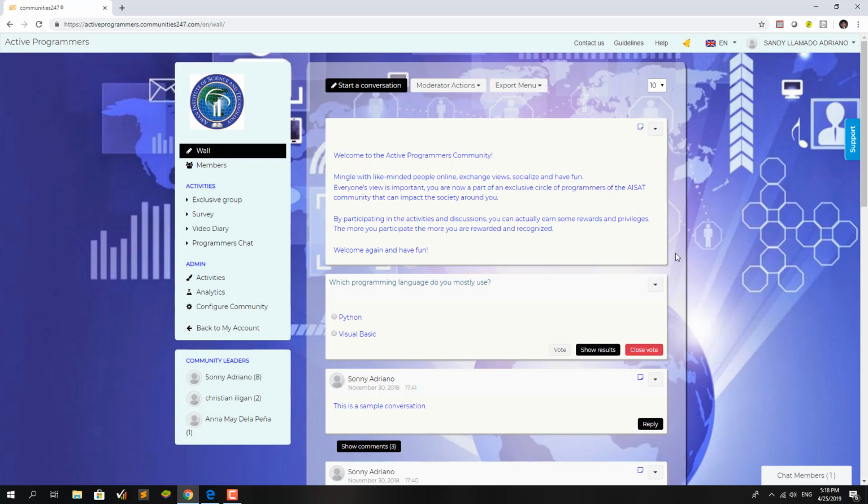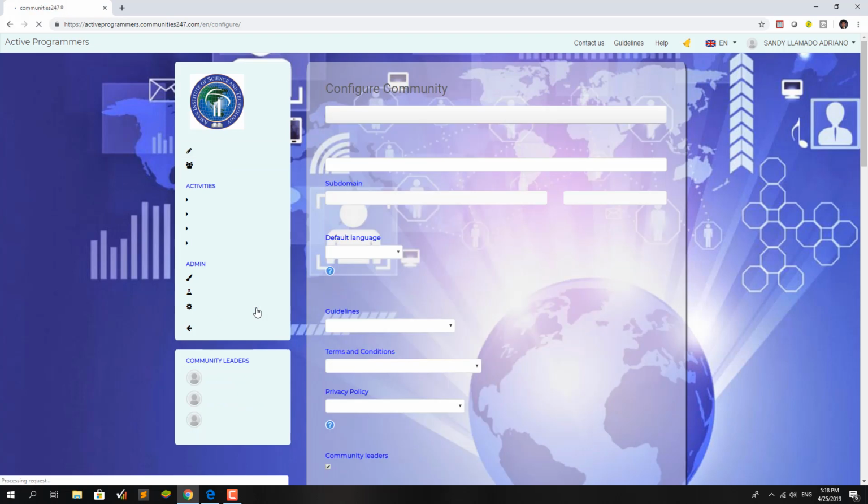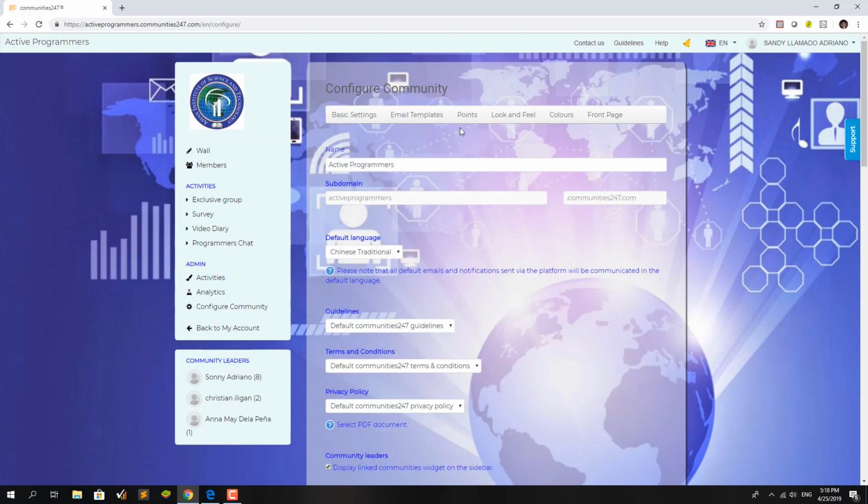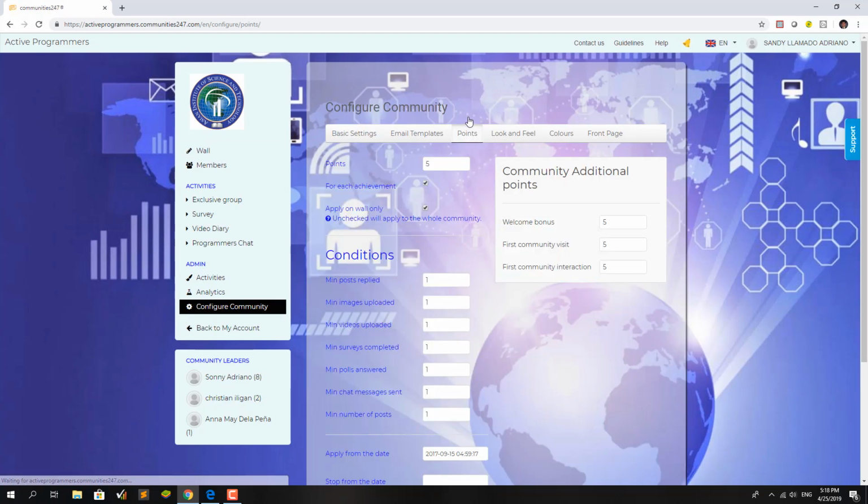Now to show you about this gamification system, I'd like to click on the configure community link here and go to the points tab. In the points tab, you can assign points for each engagement, and the engagement is defined by the different conditions listed below here.